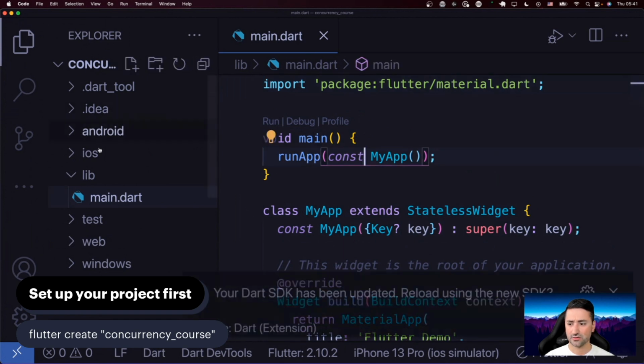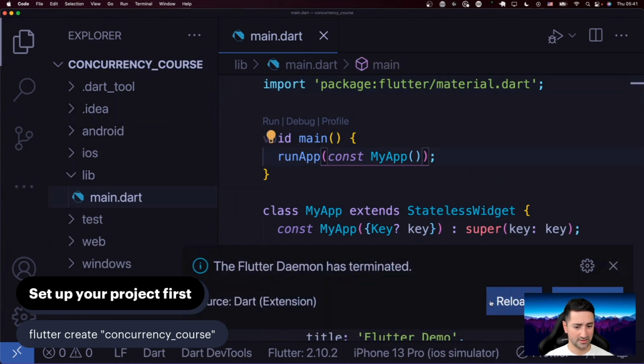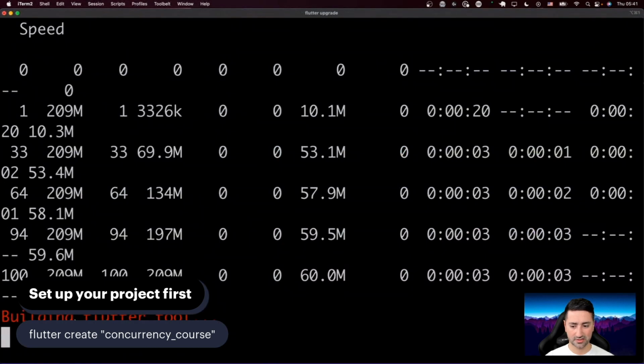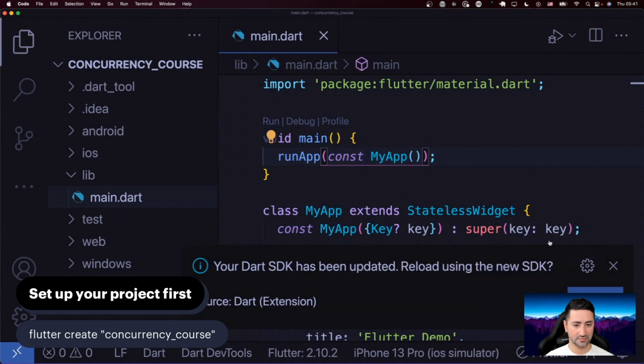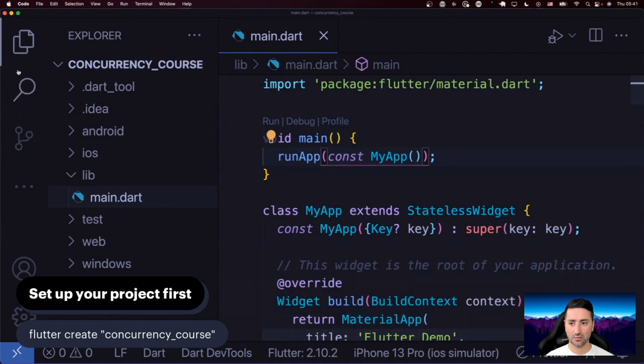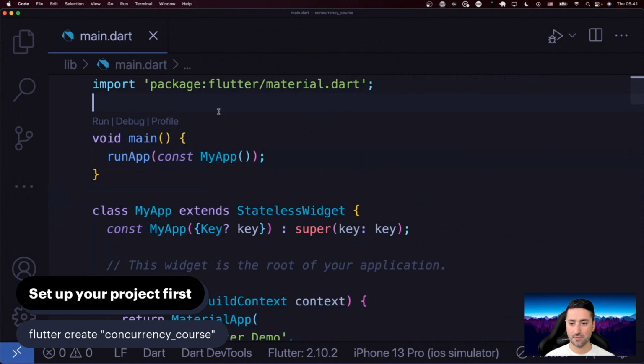Okay, so I'm going to reload this. I see that there's lots of stuff coming up here just because Flutter is rebuilding. The Flutter daemon has terminated. That's completely fine and understandable while we're upgrading Flutter. So for this chapter, we're going to use,